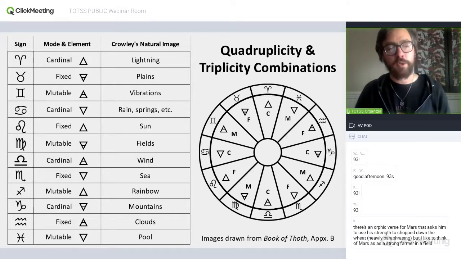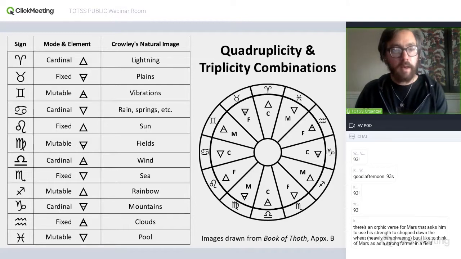And Crowley is also connecting this with some of the scorpionic imagery of putrefaction and decay. Certainly the seaside is an area where there's quite a bit of organic decay. I grew up in a seaside town where there's a lot of fishing and stuff like that, and I definitely think of decaying organic matter, fish and plants and things like that, when I think about the seaside.